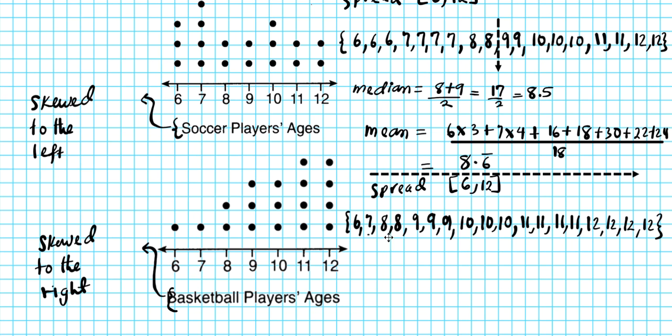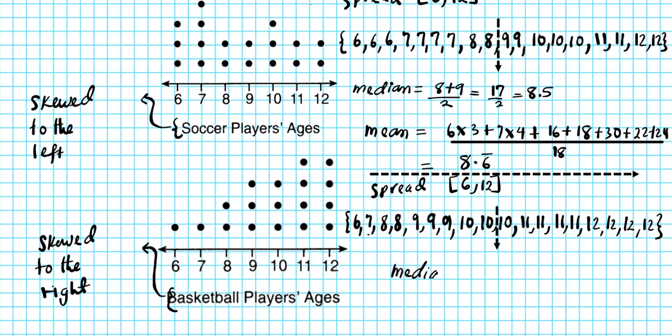Now, what's the median? 1, 2, 3, 4, 5, 6, 7, 8, 9, 10, 11, 12, 13, 14, 15, 16, 17, 18. Now, where's our median going to be? At the center, right? We have 18, so we have to average again. So let's count. We have 1, 2, 3, 4, 5, 6, 7, 8, 9. That's halfway. And then 1, 2, 3, 4, 5, 6, 7, 8, 9. So our median for basketball